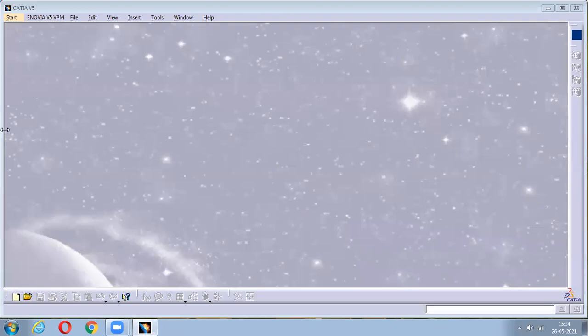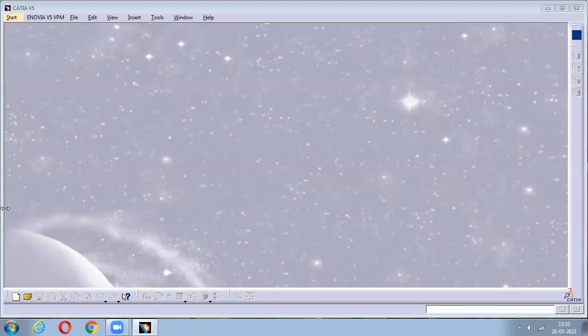So now this is called the GUI of the software. That is nothing but the graphical user interface of the software, from where you can enter into the workbenches. As I have told you in the last class, we have how many workbenches? Six, sir. So one is Sketcher, 3D modeling, surfacing, sheet metal, assembly, and drafting. Okay, so these are all the six workbenches.